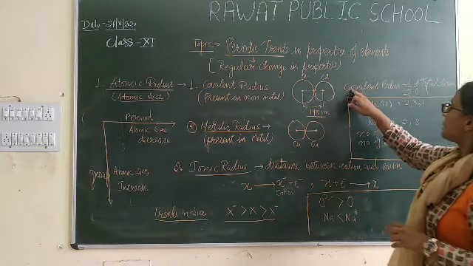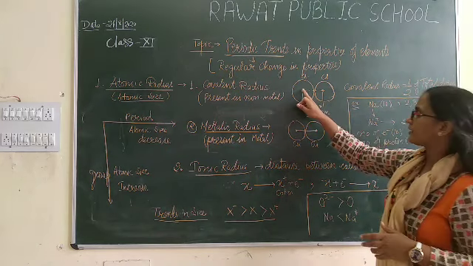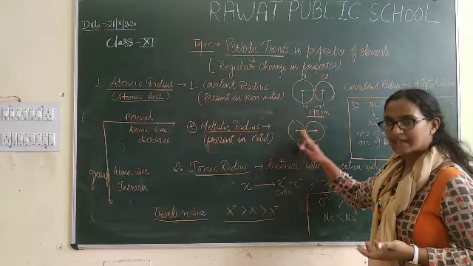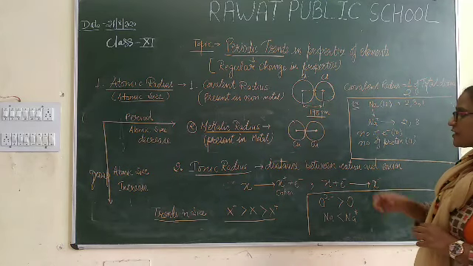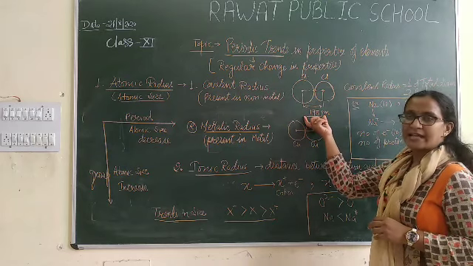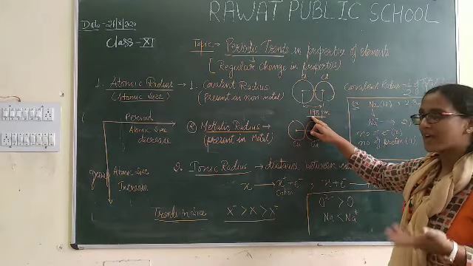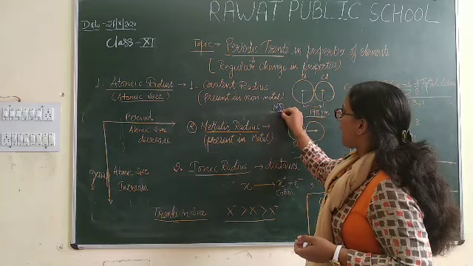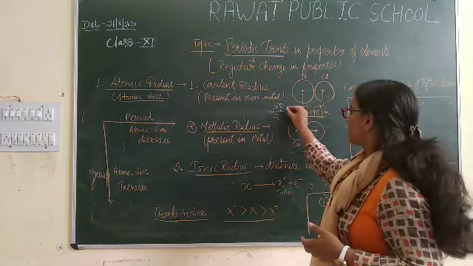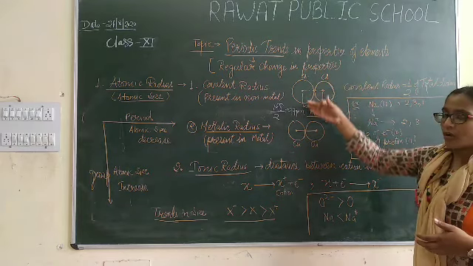If you want to calculate the covalent radius or metallic radius as well, how do we calculate? We calculate the total distance between the centers of the atoms, and take half of it. For example, in chlorine, the total distance between the two chlorine atoms is 198 picometer. To calculate the covalent radius, we just divide 198 by 2 and we obtain 99 picometer as the covalent radius of this chlorine molecule.